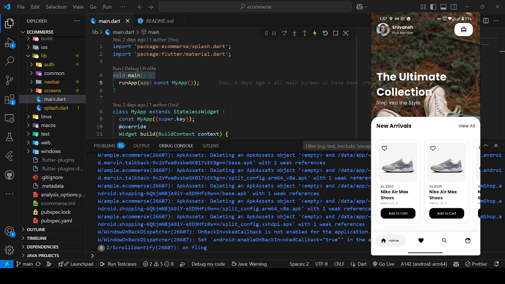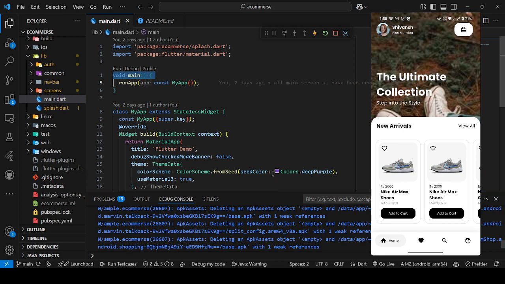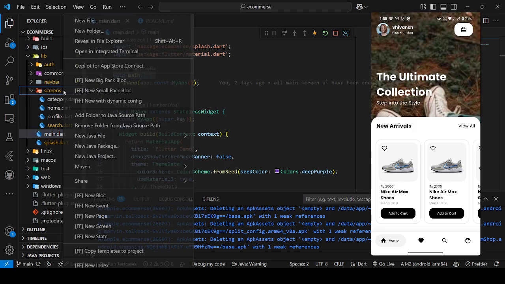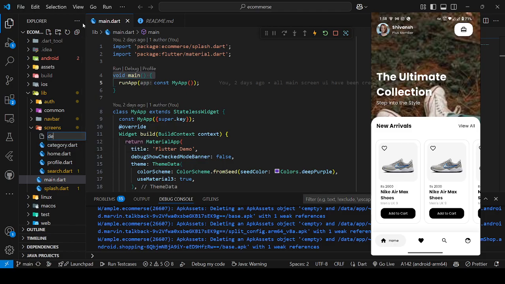So basically in this screen we'll be making the whole UI of how, when we click on this icon, any tile, it will be navigated to a screen which will be having whole details about what the shoe is about. So let's start with the video. Let's go to our VS Code. I think this video will be a little more big because in this video we'll be creating details about the tile. So let's make a new file named as detail item